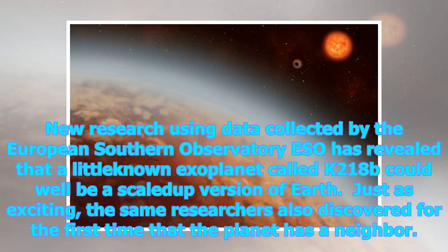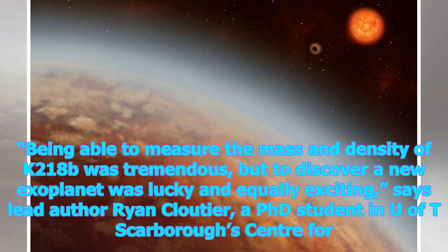New research using data collected by the European Southern Observatory (ESO) has revealed that a little-known exoplanet called K2-18b could well be a scaled-up version of Earth. Just as exciting, the same researchers also discovered for the first time that the planet has a neighbor. "Being able to measure the mass and density of K2-18b was tremendous, but to discover a new exoplanet was lucky